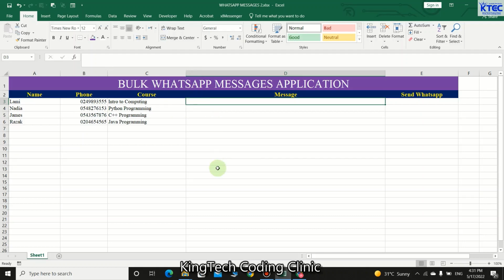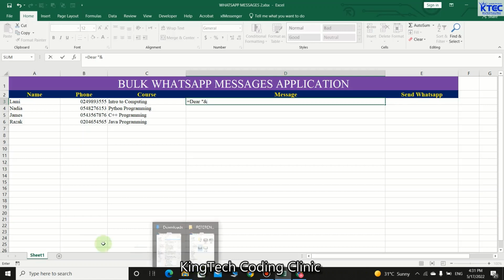You don't make mistakes when typing the formula. If you make a mistake, it will just throw an error and then you'll be fumbling. So be very careful. Just type equal to, then I would want to say "Dear" and then the name. So I'll say Dear, and then I'll give a space. Then double inverted commas, then I'll bring the ampersand, and then I'll select the